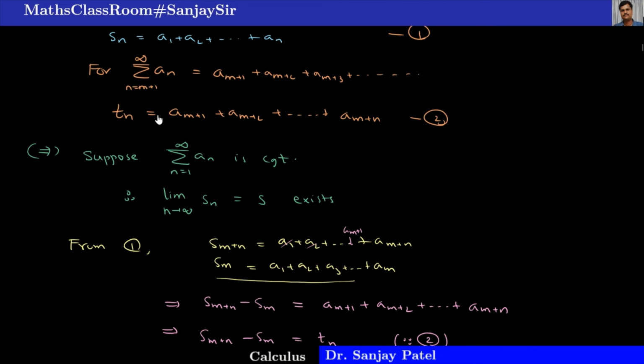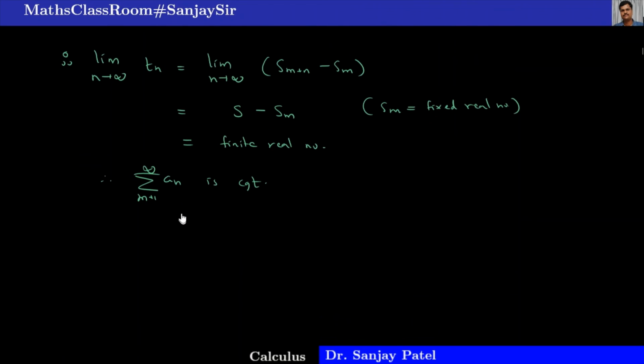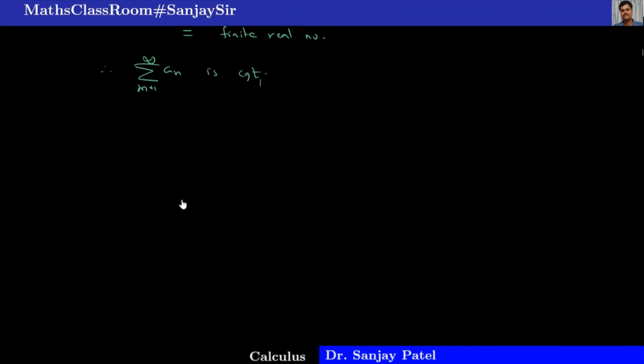What is Tn? Tn is the partial sum of this series from m plus 1 to infinity. So I can say, therefore, sigma from m plus 1 to infinity of an is convergent. Okay, so one way it is proved. Now let us prove the converse part. What is the converse part? In the converse part,